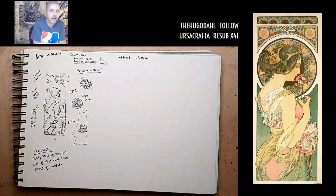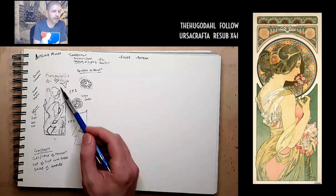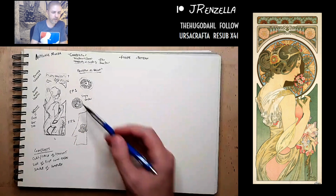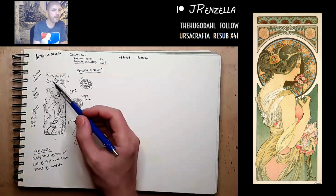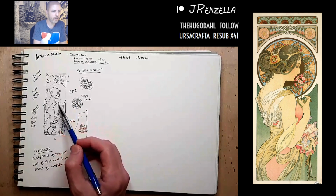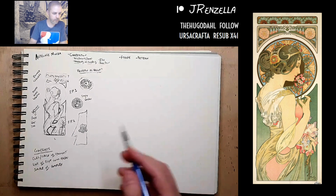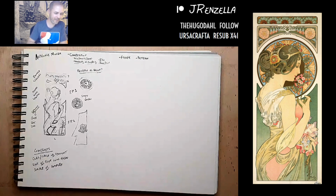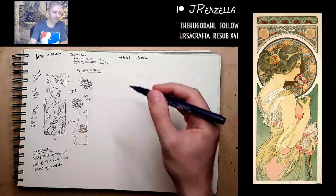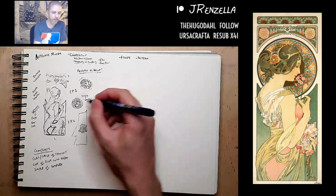To me, the color looks like a gradient, more saturated feeling on the top and less on the bottom. Oh, okay, let's see. Yes. That is a good observation, Ursa. It is definitely more saturated in this area. And even maybe the gradient sort of radiates. I think that top band here is less saturated. This is more so. This is much more so. Yeah, and then it goes down. So, let's see, where am I writing this? My notes are already a mess. Focal point, simple and complex, and also